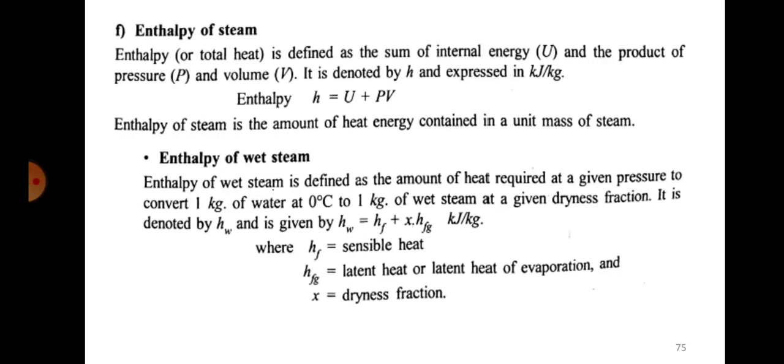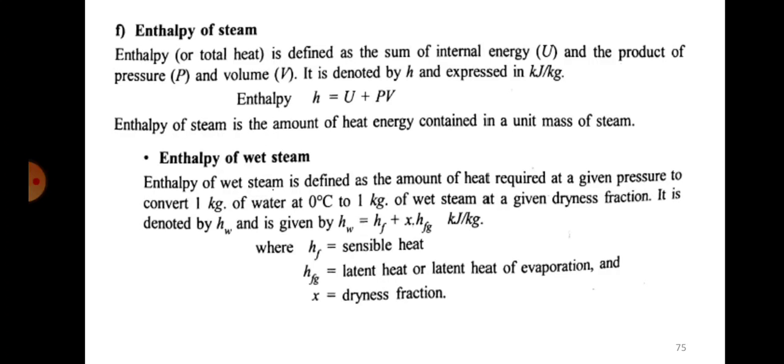So enthalpy of the steam is defined as the sum of internal energy U plus the product of pressure and volume, and it is denoted by H and its unit is kilojoules per kg. So H is equal to U plus PV. In the same way, enthalpy of wet steam